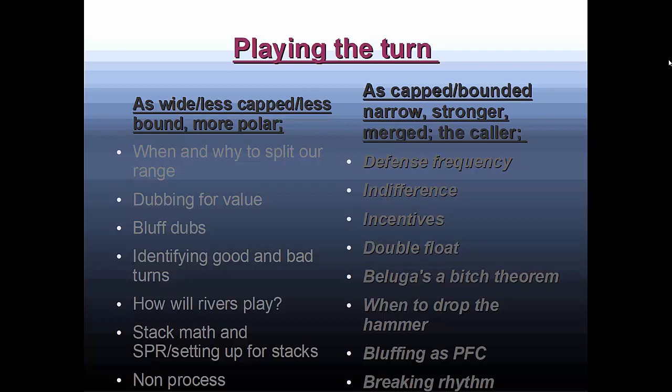And so we're going to be talking about how to do that, when to take non-procedural lines on the turn, to kind of break the rhythm of the hand, not just for the sake of breaking rhythm, but because sometimes it makes sense to do that, and most regulars are not used to dealing with that. They don't know how to handle it when you check-call the flop and lead the turn right into them,